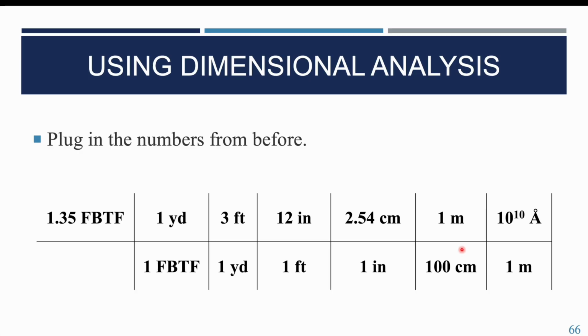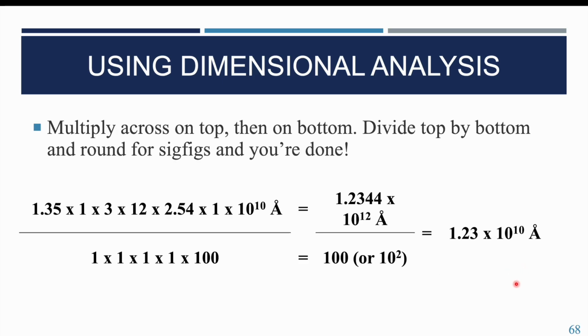And so once we've plugged in all the numbers, then we can start crossing everything out. We're going to cancel out all of the units. Fruit by the foot, yards, feet, inches, centimeters, and meters are all going to cancel out. The next thing we do is we're going to multiply across. So that's going to be 1.35 times 1 times 3 times 12, 2.4, 1, 10 to the 10th. And we're going to do the exact same thing on the bottom, and we get this number,